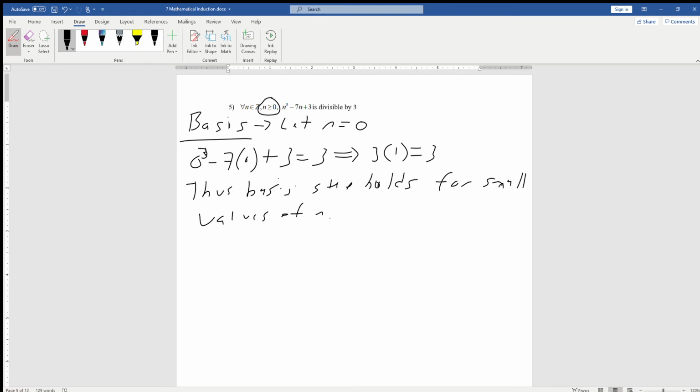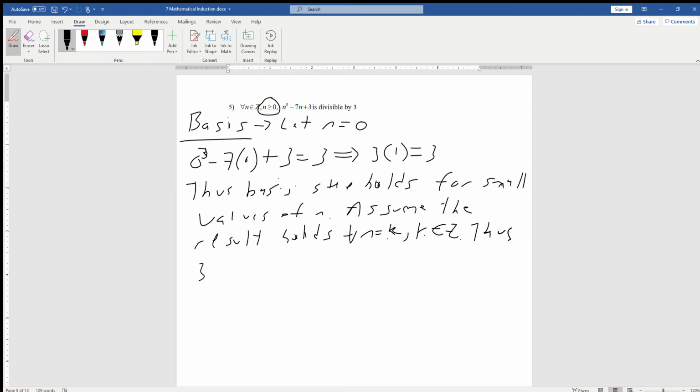Now we're also going to assume the result holds for all n equals k, where k is an integer. Okay, thus